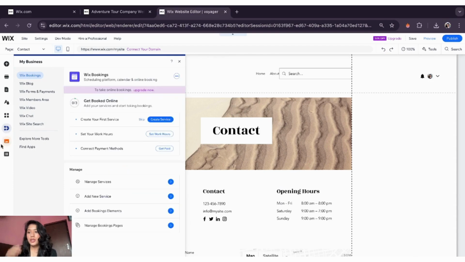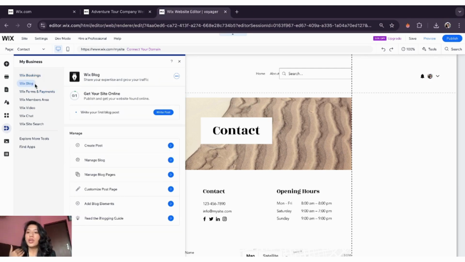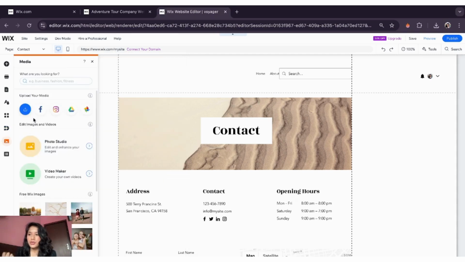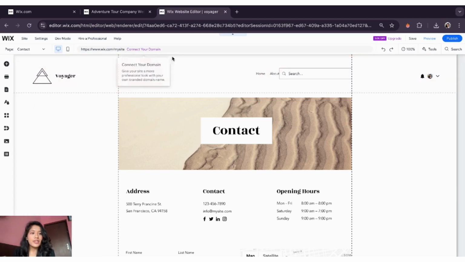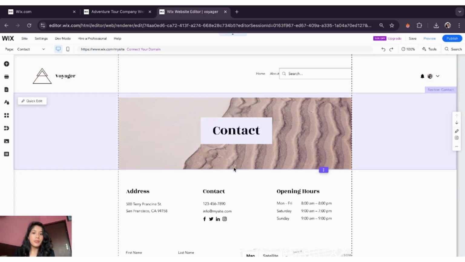So yeah, because we enabled bookings as default from the site, we have that. We have the Wix blog. You can manage your blogs just like you used to do in WordPress, for example. And yeah, so for media, obviously you can upload your own media, the logo that you have and customize and so on. Okay, so having said that, if you do want to publish this website, before that, you can obviously